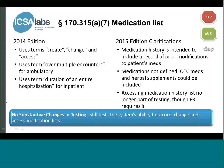So it's not a requirement. They're just saying it's permissible if you want to use it. What's very interesting for this particular criterion is that even though the final rule still requires your system to be able to access a medication history list, we don't see that in the final test procedure. The draft test procedure had it, but it's not in the final TP, so we have requested clarification from the ONC on